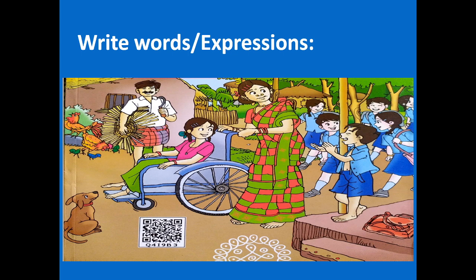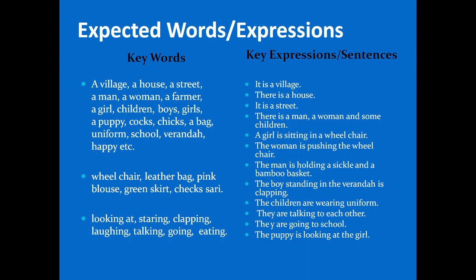For framing questions, first we need to write as many words or sentences as possible for the given picture. While writing the words, please keep the parts of speech in mind. You first write the naming words or the nouns, then the action words, then the describing words. By using these words, you can also write sentences. So here are some of the words and sentences that I have written for the given picture.